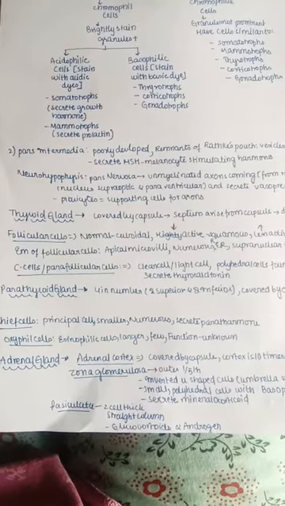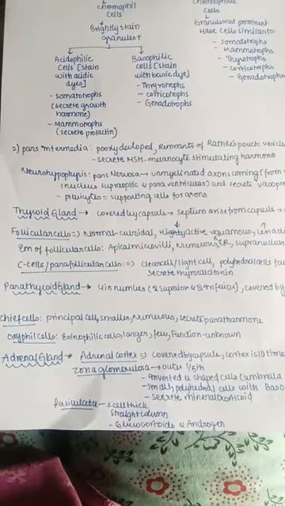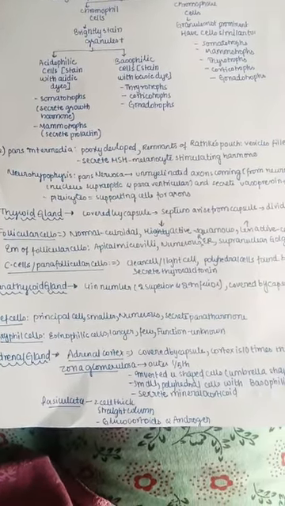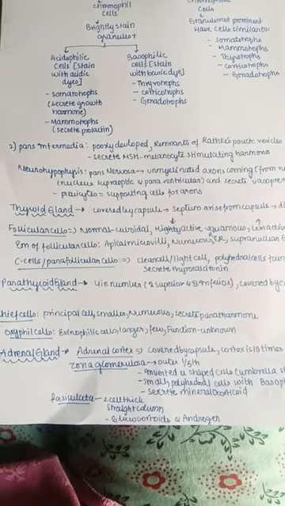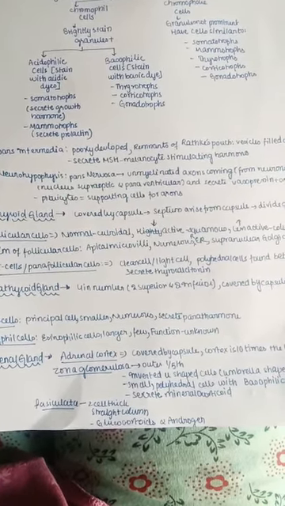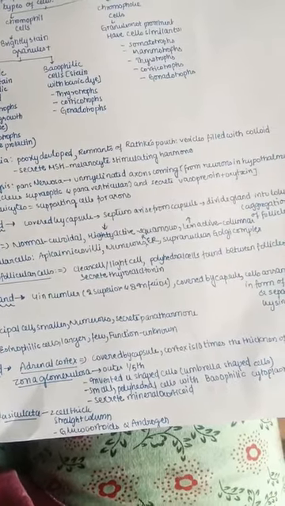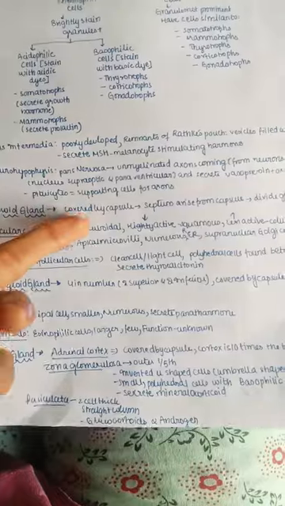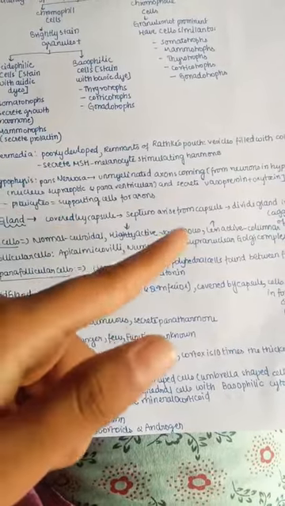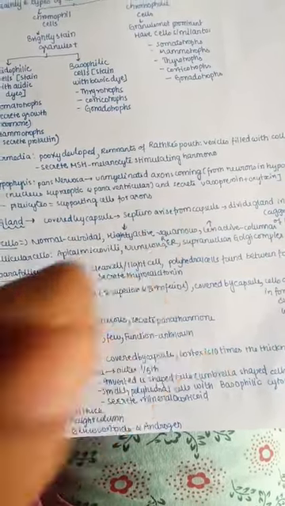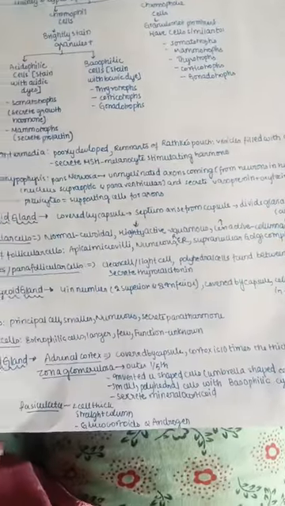So follicular cells are nothing but lining the follicle, right? Those are the follicular cells. In normal they are cuboidal, but when they are low active they will be squamous type, and when they are highly active they are columnar. So remember, when normal, cuboidal; when very low active or inactive, you can say squamous; and very high active then they are columnar in shape.